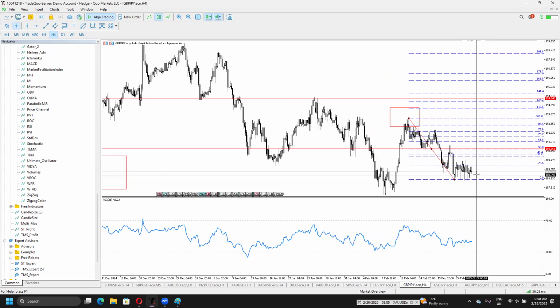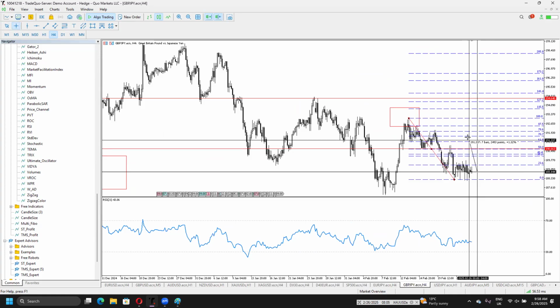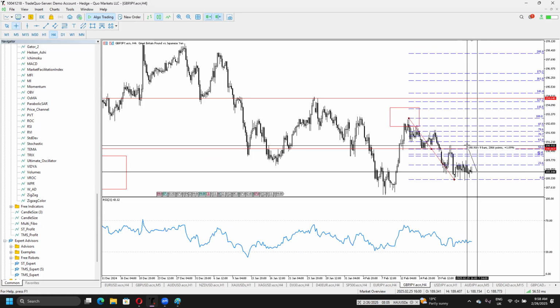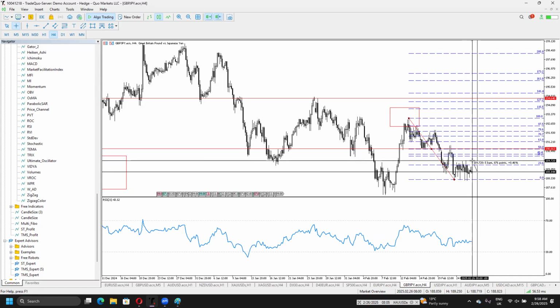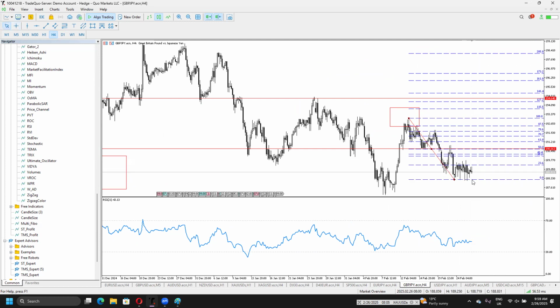Anywhere here, for example, once you zoom out, it's most probably better to start from buying, correct? Because the local bottom is like 70 pips away, local top, this one is like 400, this one is lower, like 200, this one is 800, so 80, sorry. So still 60 is closer than 80. So if I have to choose the direction, most probably I will start looking for some buy on GBP USD